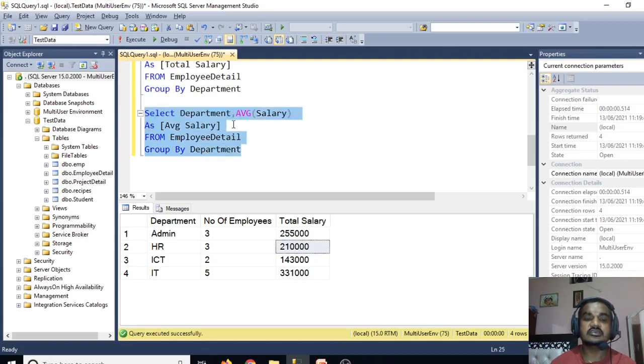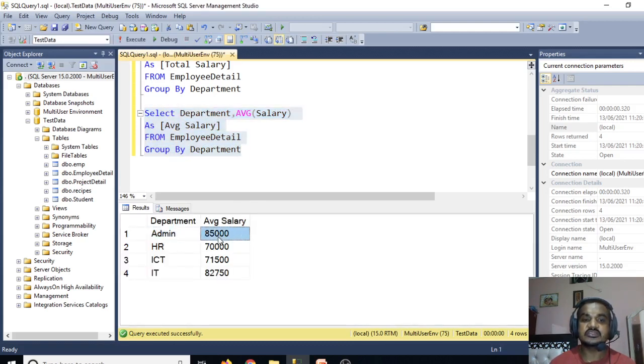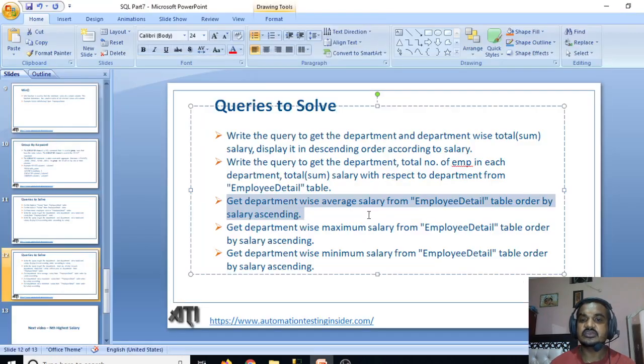So we'll get the department wise average salary. Like admin department, this is the average salary, HR is 70,000, ICT is 71, and IT is 82,000. So this is how you get department wise average salary. Sorry, in the previous question we have order by salary, ascending order as well.